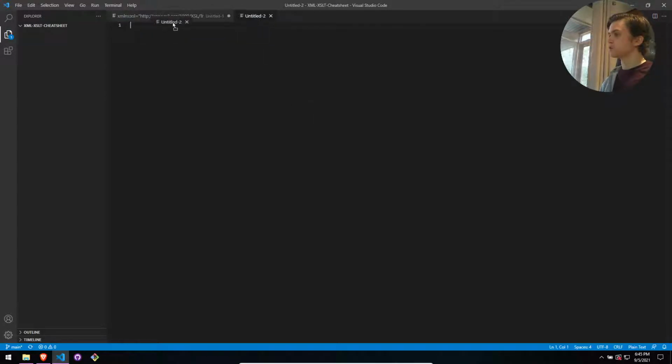So first things first, you can see I've created this new folder called XML XSLT cheat sheet, because that's exactly what we're going to be making. We're going to be making a cheat sheet for XML and XSLT in XML and XSLT. So first off, regular XML, I'm just going to write the XML version declaration. You've probably seen all of this before. And then we're going to go